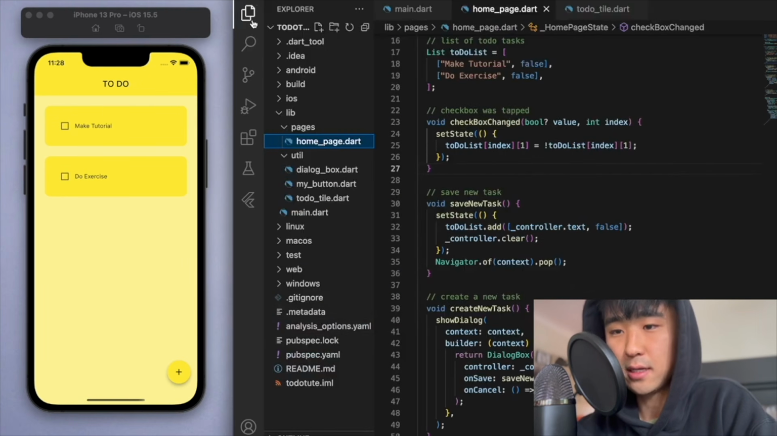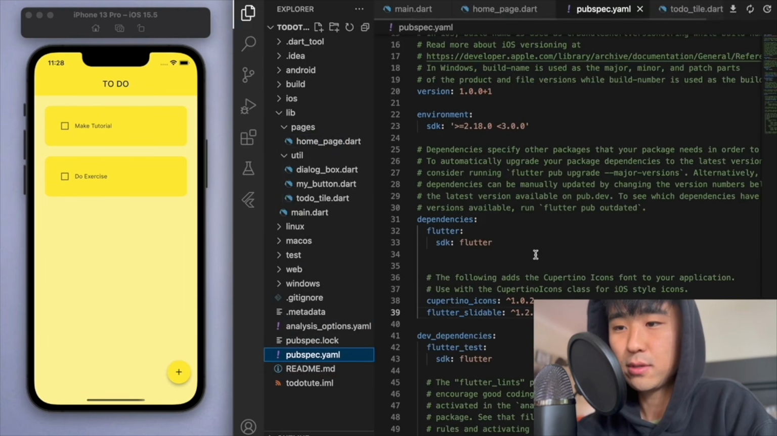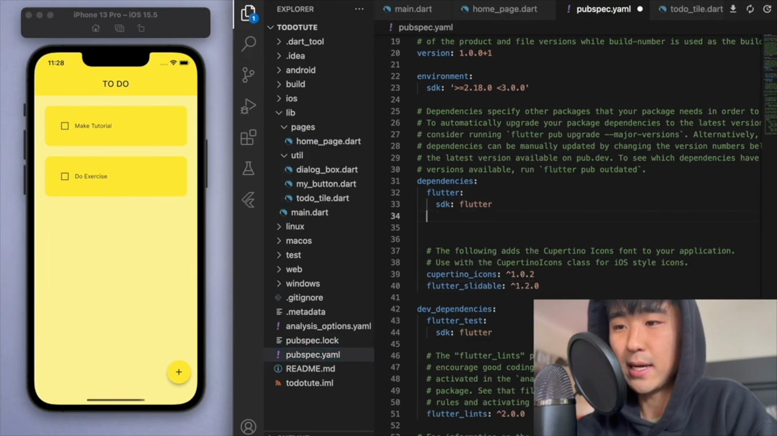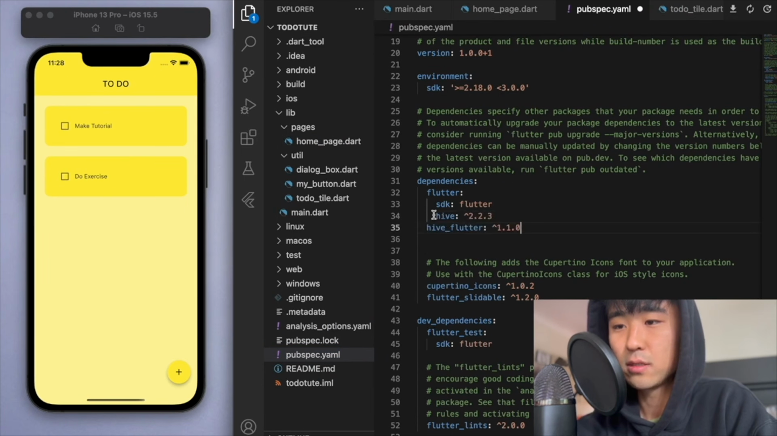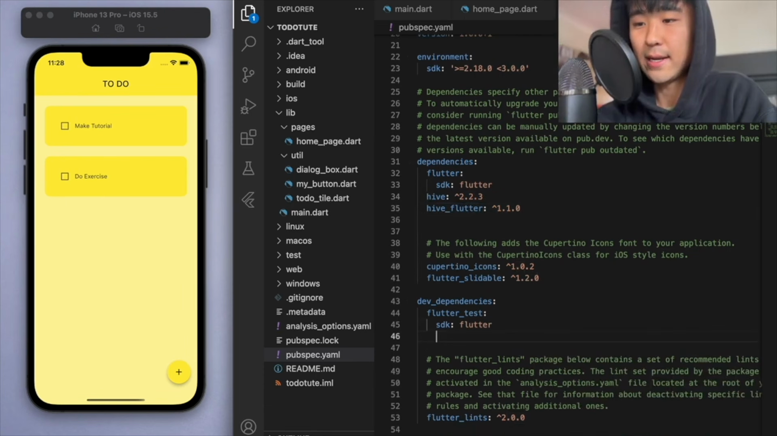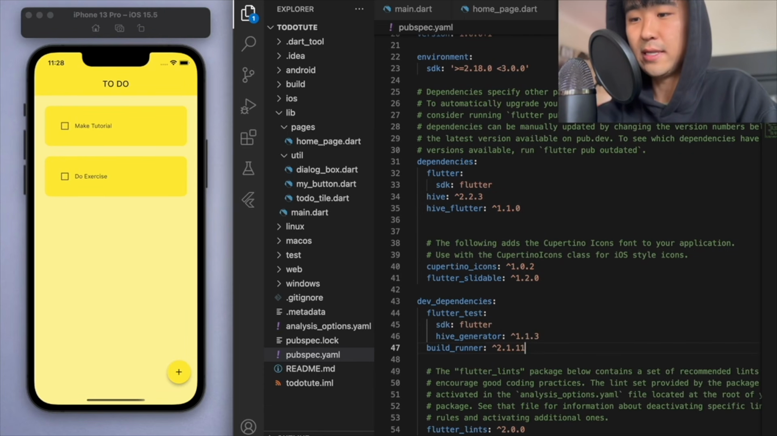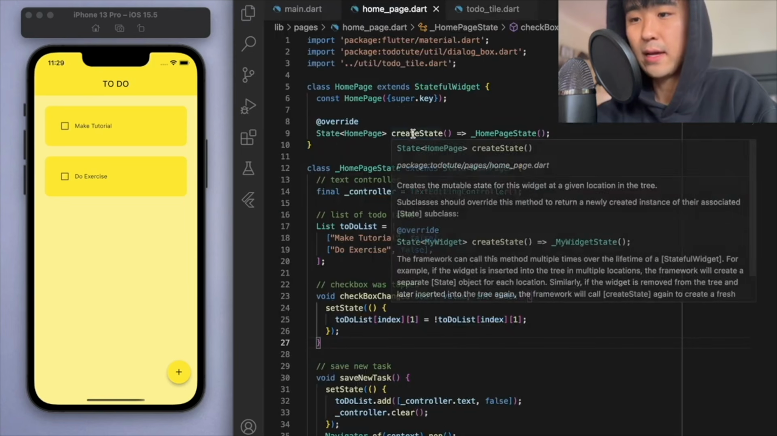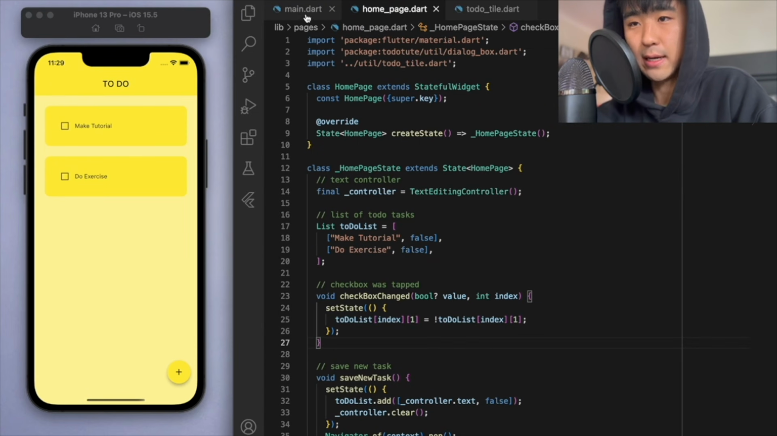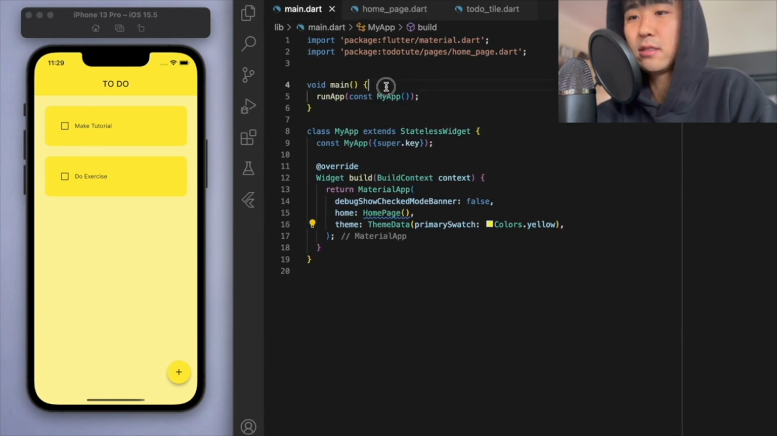So the first thing is to go to your pubspec.yaml and let's add the dependencies in. You've got to add these 2 dependencies. There's Hive and also Hive Flutter. And we actually also need to add it under these dev dependencies. So again, check out my Hive tutorial for more detail. This is just straight from the documentation. And we have to do a little bit of setting up. So if you go to your main function,